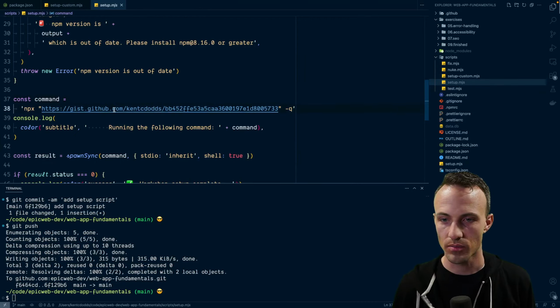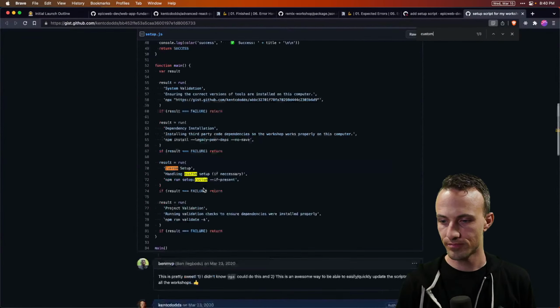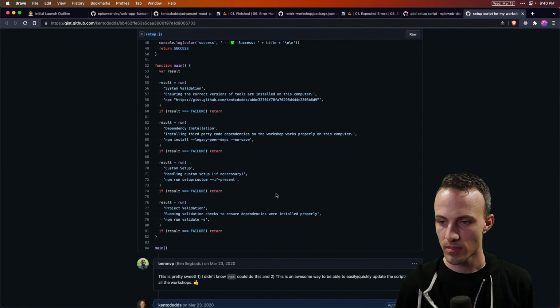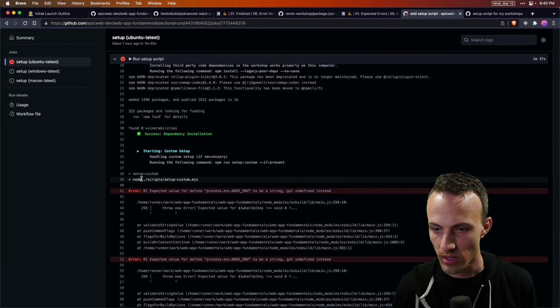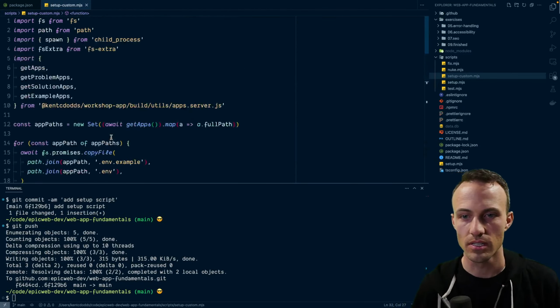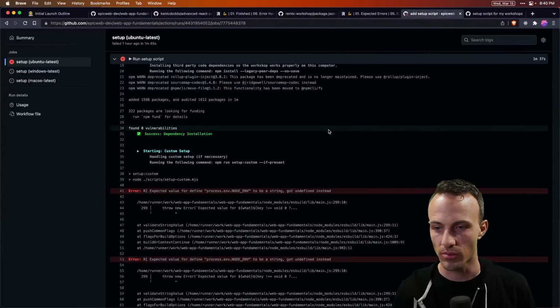So this setup just runs npm run setup custom, and then that runs this. I'm not sure which part of this results in that happening. So we copy the file. I don't think that's a problem.